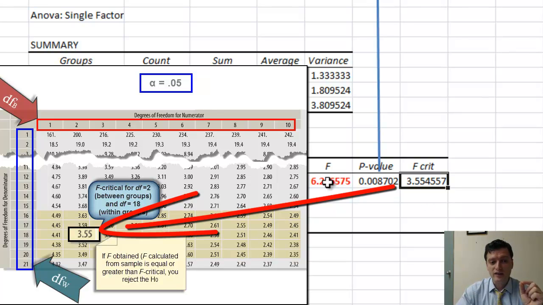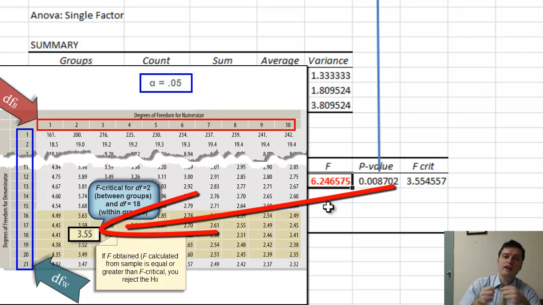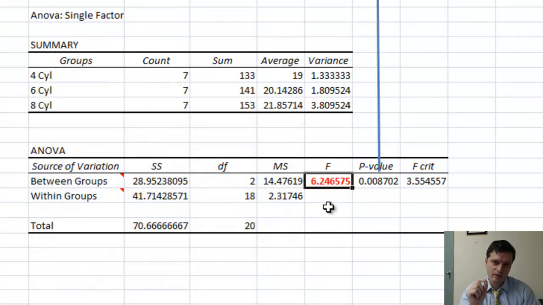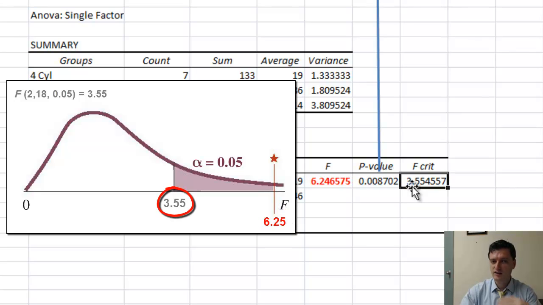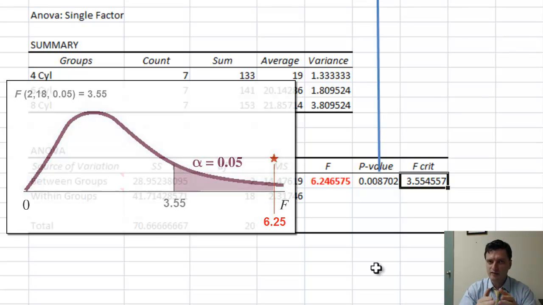That we will have to compare the value that we got from our sample. The general idea is that if the value that we get from the sample is as extreme or more extreme, or as big or bigger than the F critical, you reject the null hypothesis. In this case, this is bigger than the F critical, therefore we reject the null hypothesis. Here's what I'm going to do just to understand this idea of comparing F values